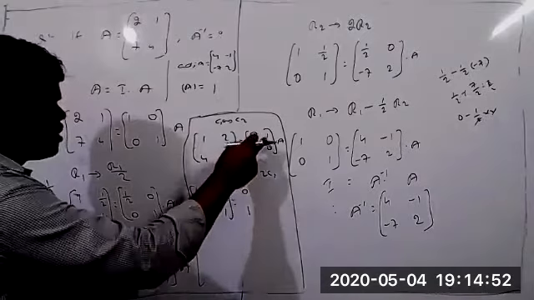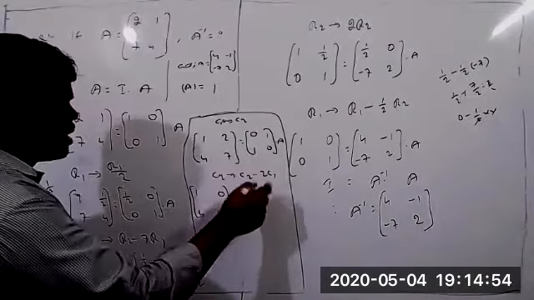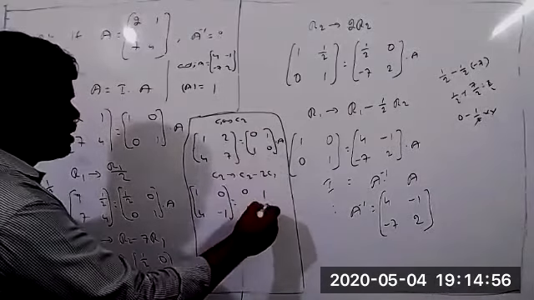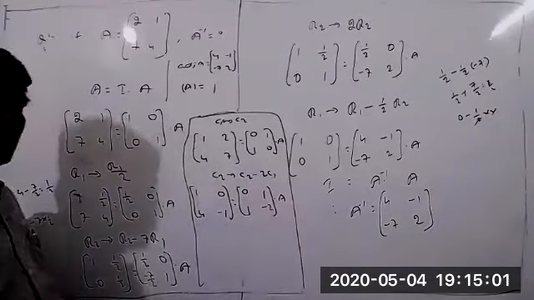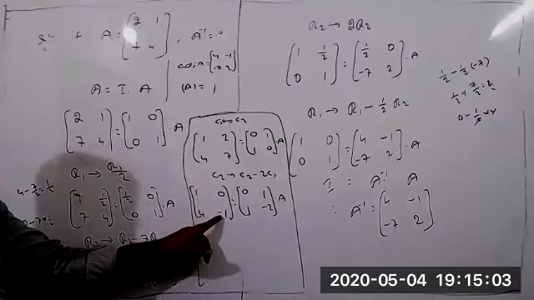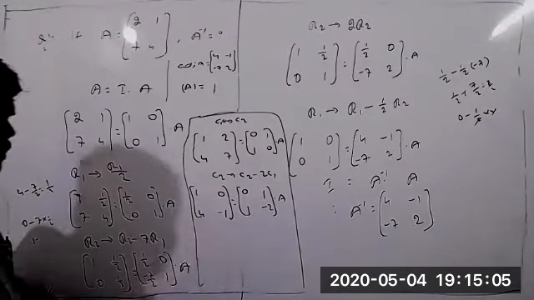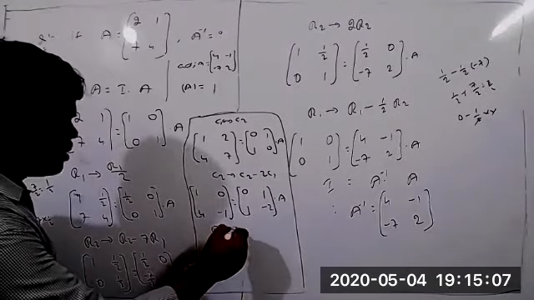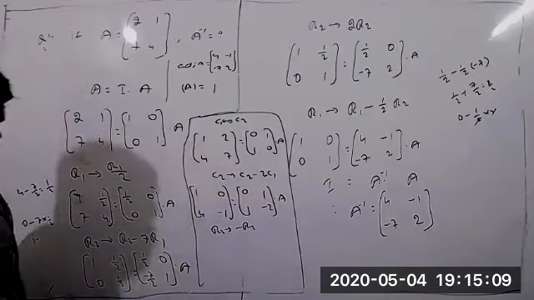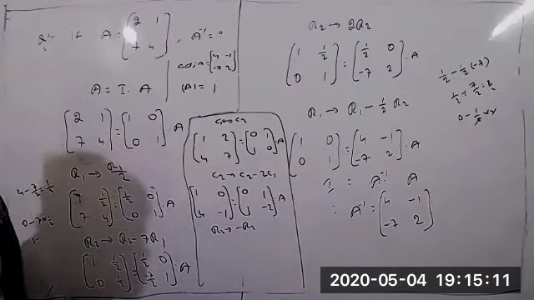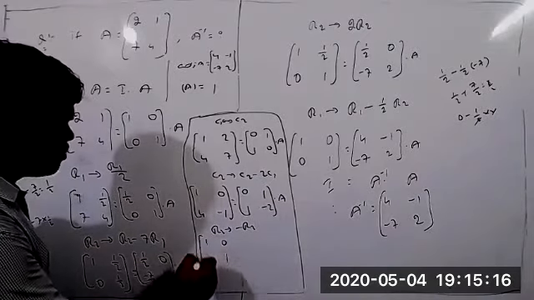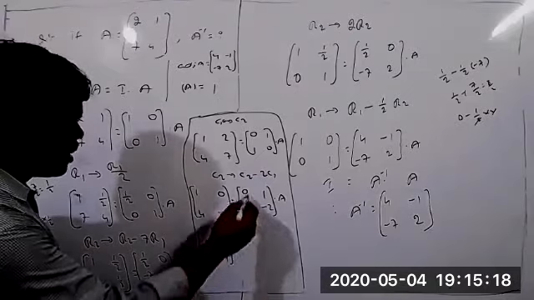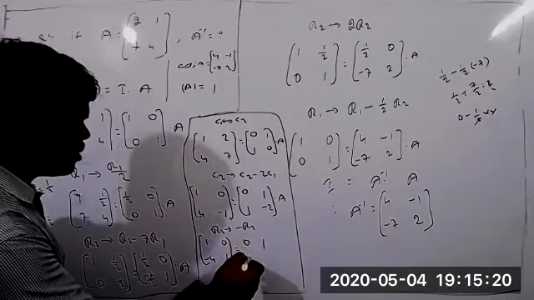The second column you can change now. 1 minus 2 into 0 equal to 1. But 0 minus 2 into 1 equal to minus 2 into 8. So 1 0. Here we have to get 1 now. Then what do we do? R2 such that minus R2 you can take, just multiply with minus. So 1 0. This is minus 4 plus 1. Minus 4 plus 1 equal to 0 1.